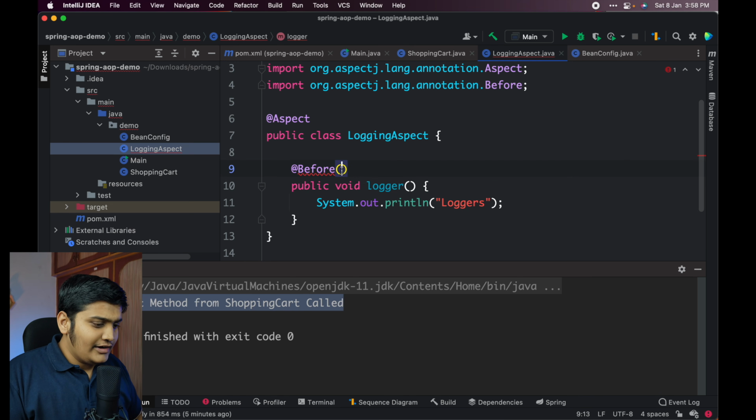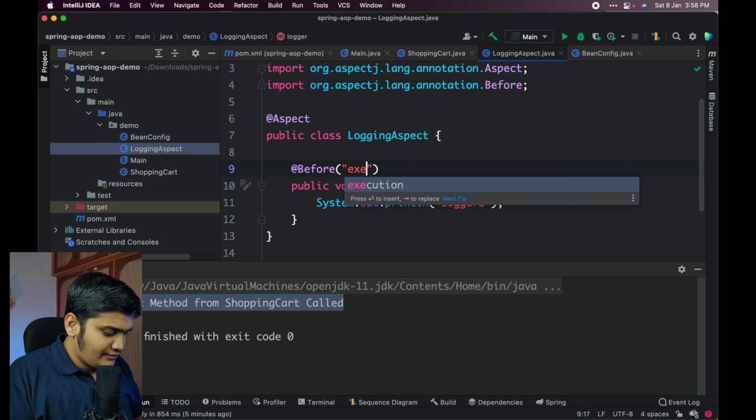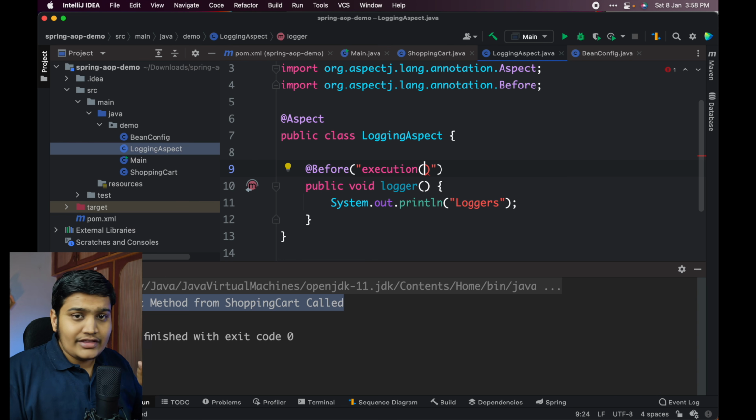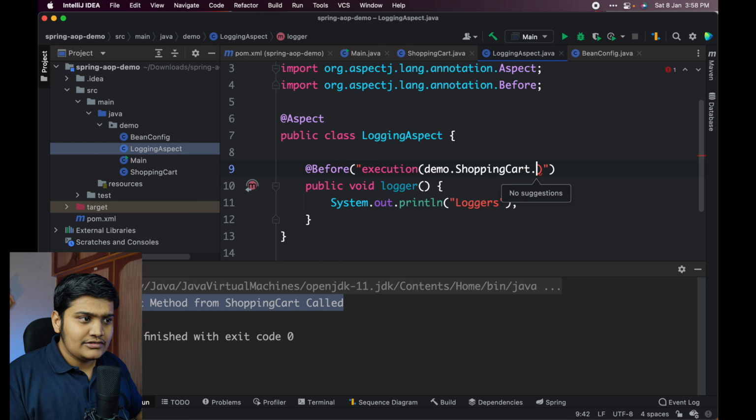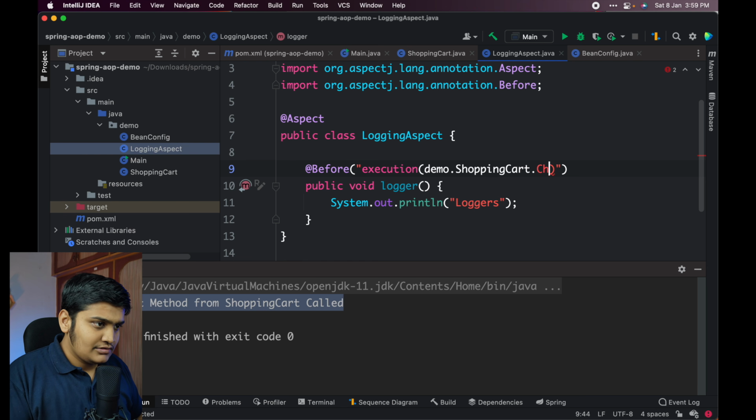Here I can define the execution. In this execution you can define which particular methods you want to invoke. I can say I just want to invoke the method from the demo package, ShoppingCart, checkout method, whatever the return type may be.